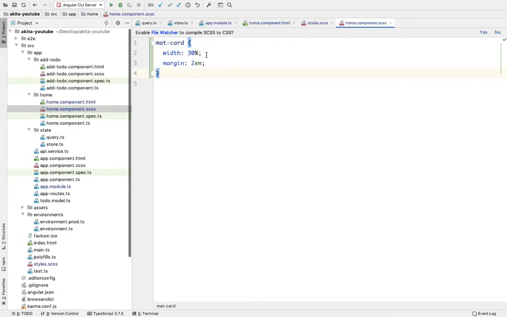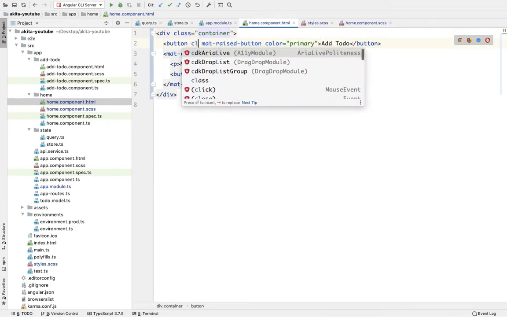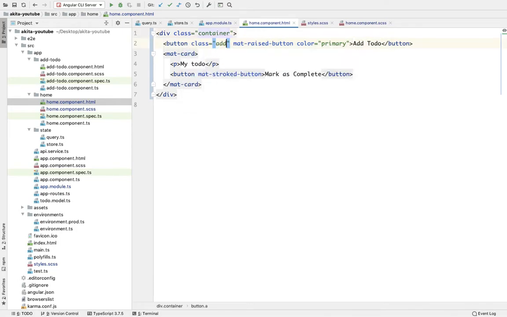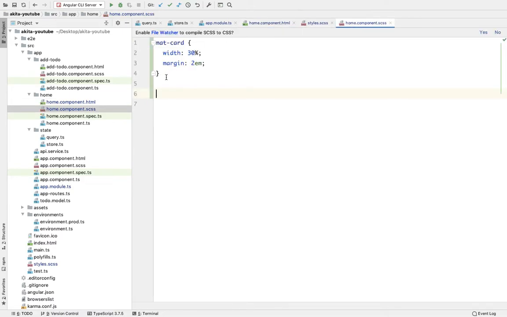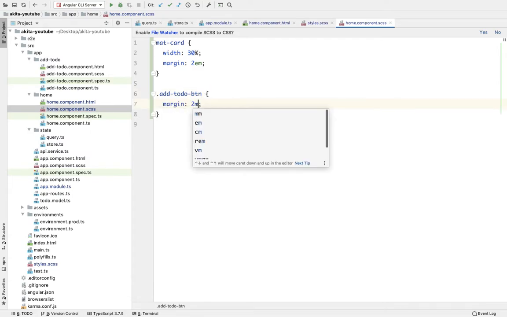Now here in the home component, let's give it a class of add to do button. Let's give it a margin of 2 ems.